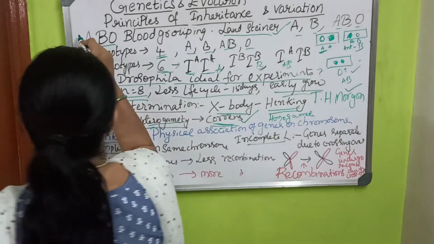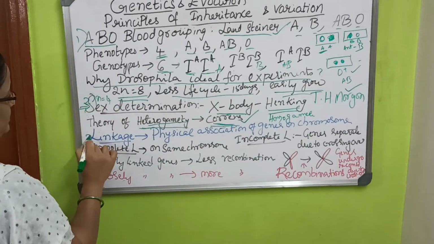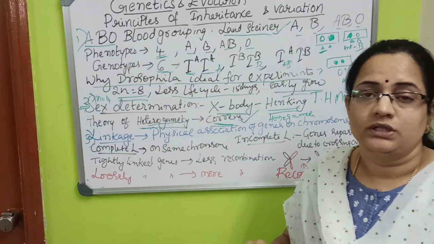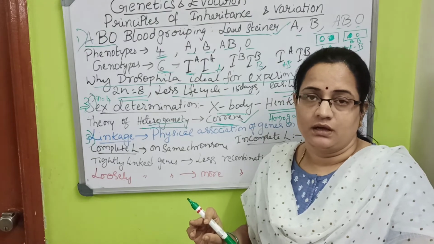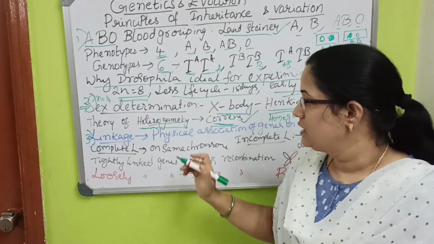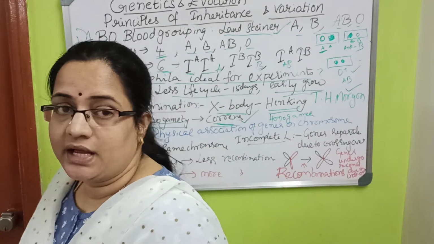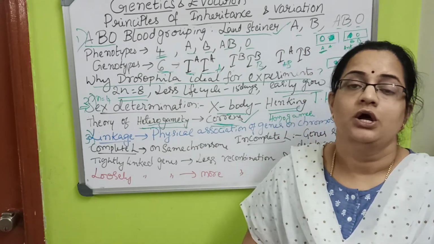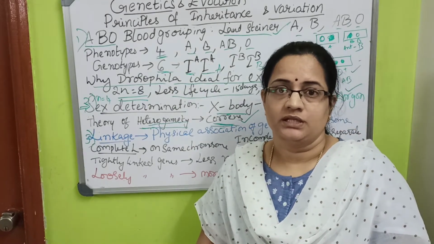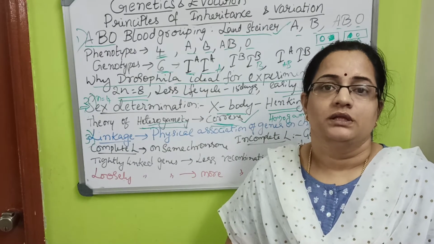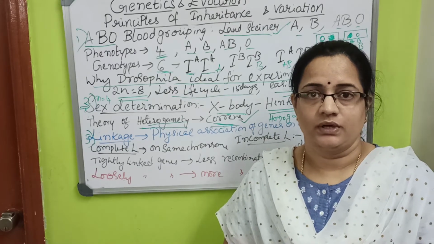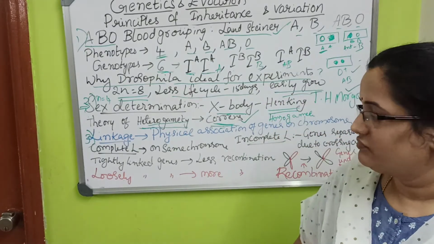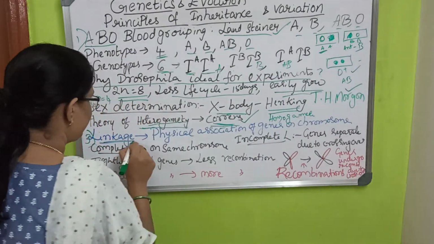The next part is linkage. We will learn this on the chromosomes, which carry the genes or heredity units. When they cross over in meiosis, when 2 chromosomes get paired up, sister chromatids are formed. Then during crossover in those phases, the chromatids exchange. Under that, you will learn linkage.